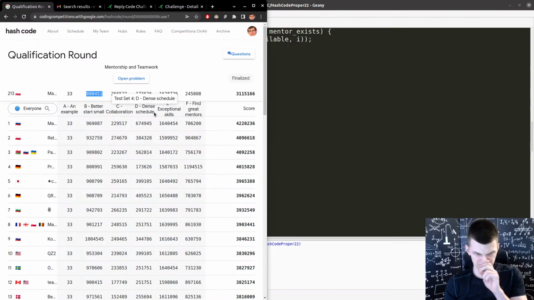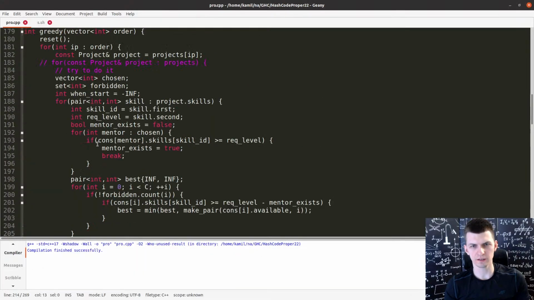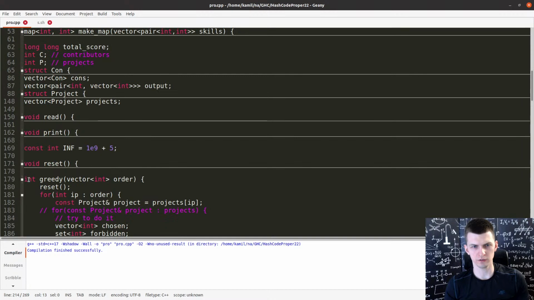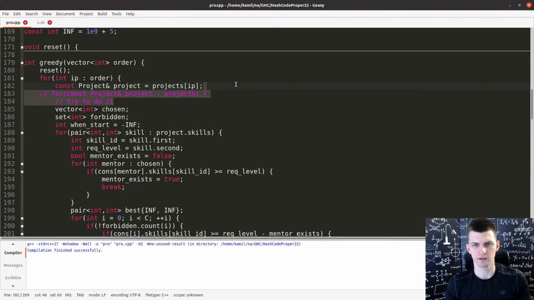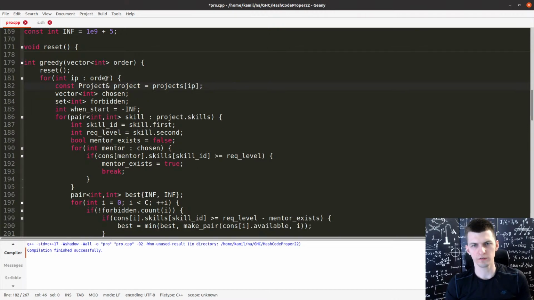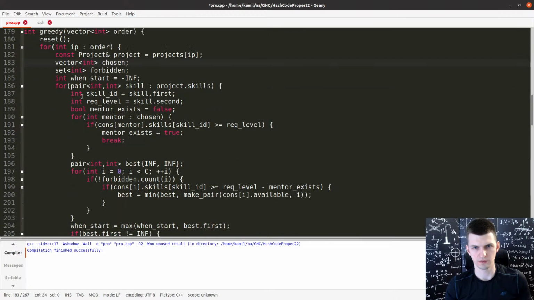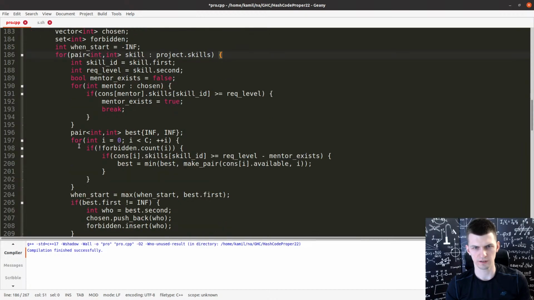What now? I think that now I should look at my greedy function and see what I'm doing for every next project. In fixed order of projects, I am iterating over all the skills required in this project, and I iterate all the people to check if their skill is enough.